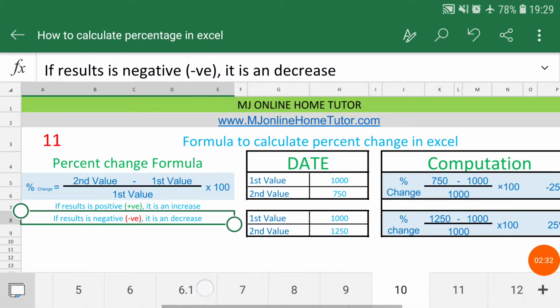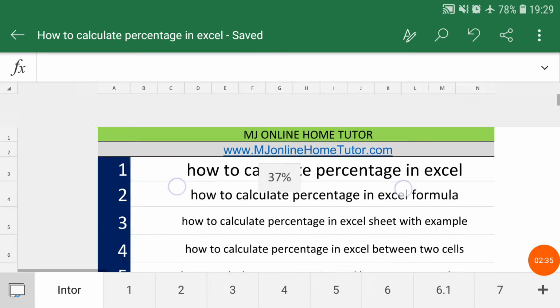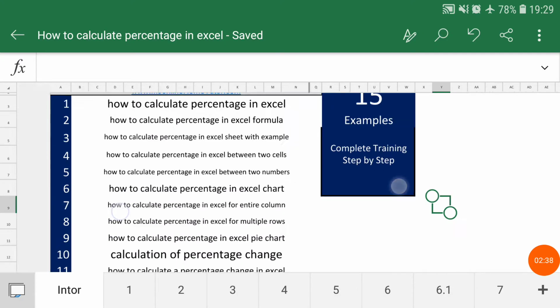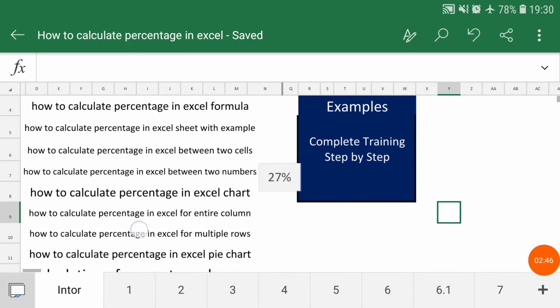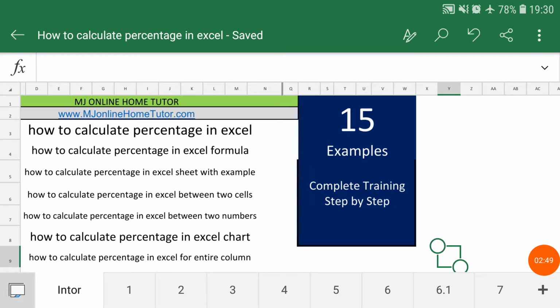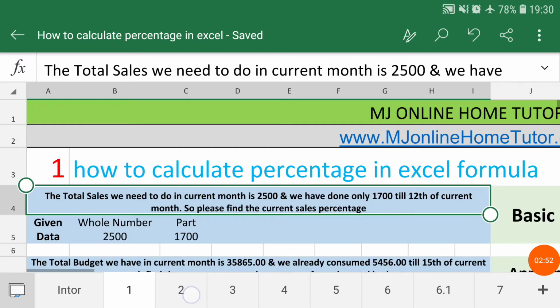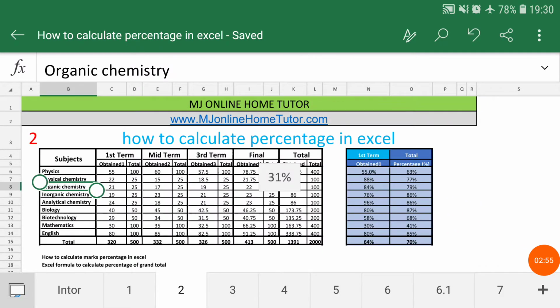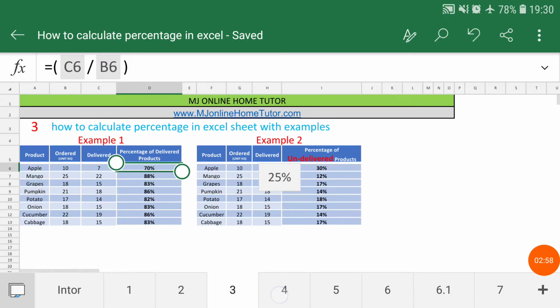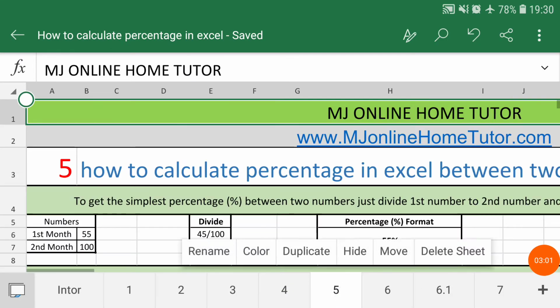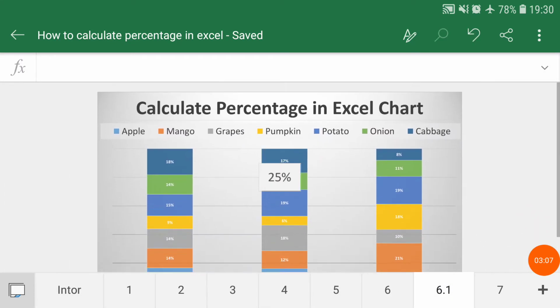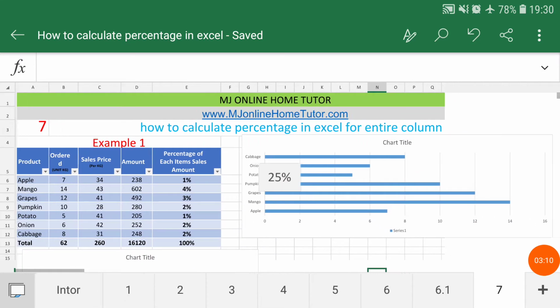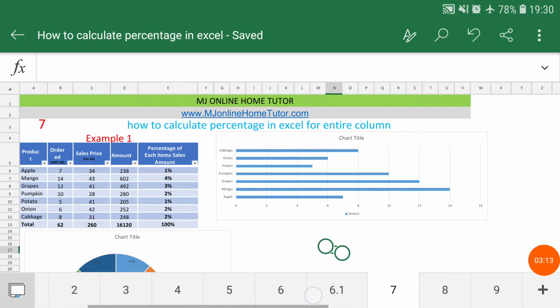In this training we have already done multiple exercises for percentage calculation. If you want to learn more about percentage calculation and change of percentage, and you want to create a percentage pie chart and different charts, you can learn from these videos. These are available on my channel, and you can find the link below in the description as well. Here you can see we applied multiple exercises for your learning and understanding. That will be very helpful for you to understand percentage calculation, and also help you understand the desktop version of Excel, and how you can apply formulas on it.